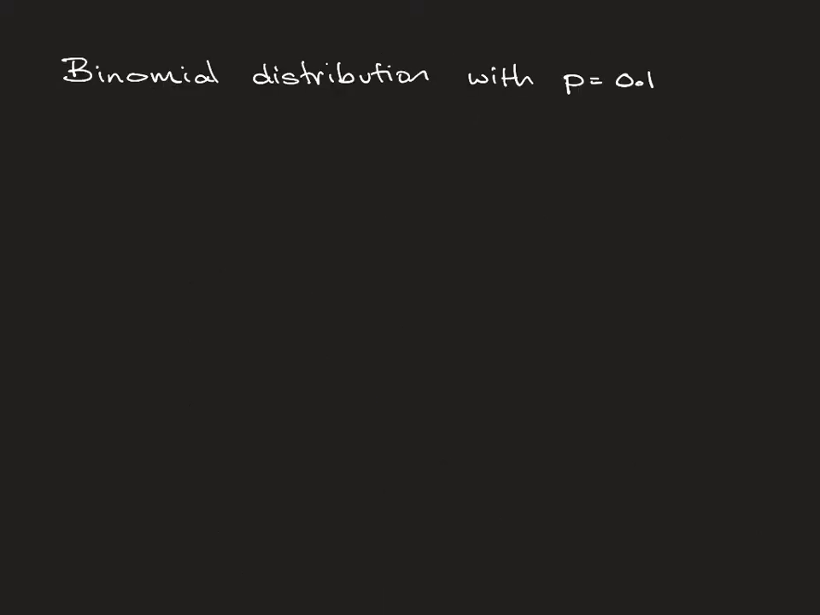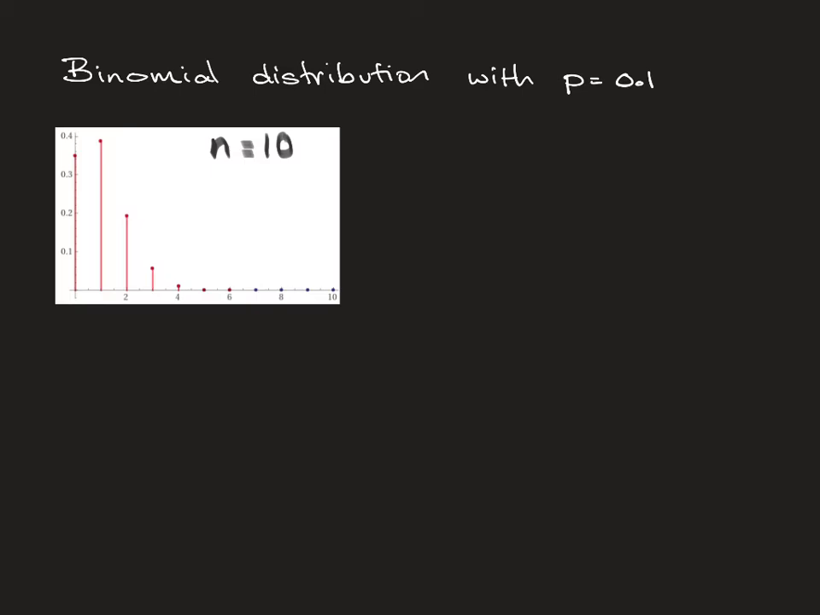So we're going to look at a sequence of binomial distributions, all with a probability of success as 0.1, and we're going to look at the shape of the distribution as we change the sample size. So let's start with n is equal to 10. So this is what the distribution looks like. It's definitely skewed,